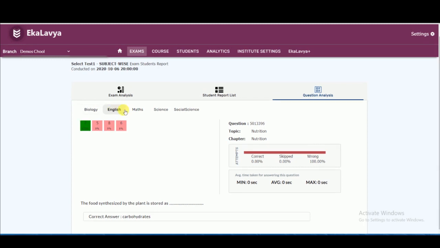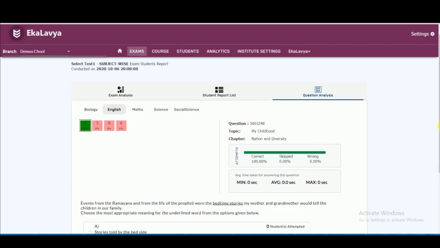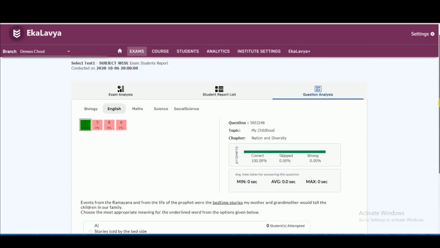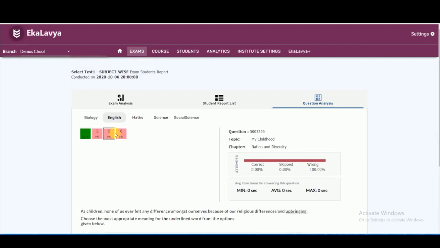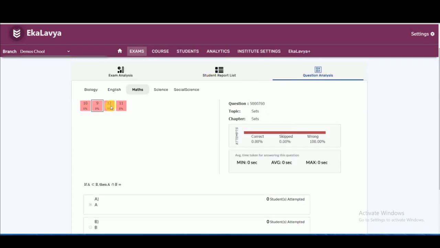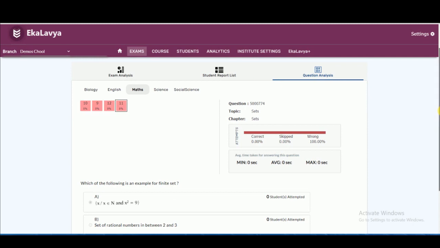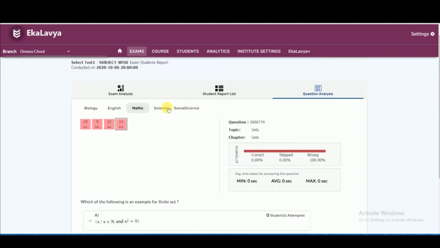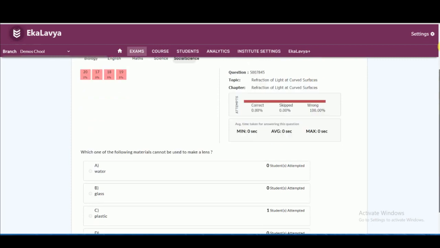So this is how you can use the examination module. You can generate a test within 2 minutes. You can also select your own questions. You can take a printout of it. You can give it in the form of worksheets. You can monitor each student's progress, and you can customize a strategy for improving students' learning capabilities.